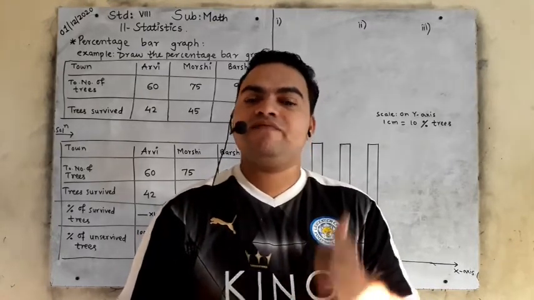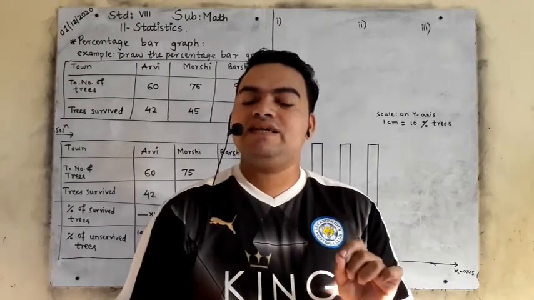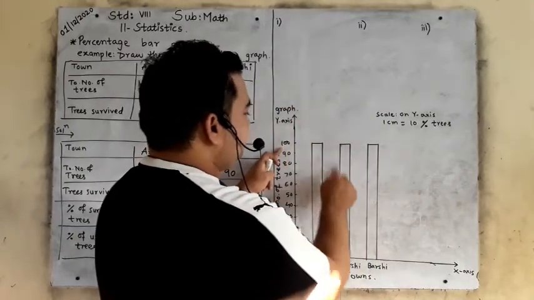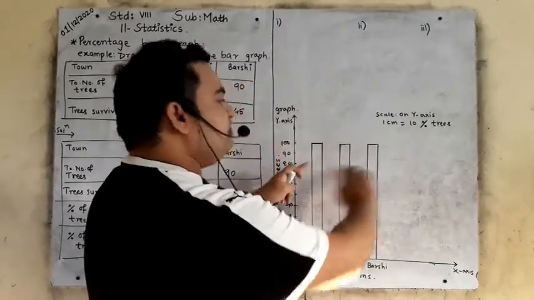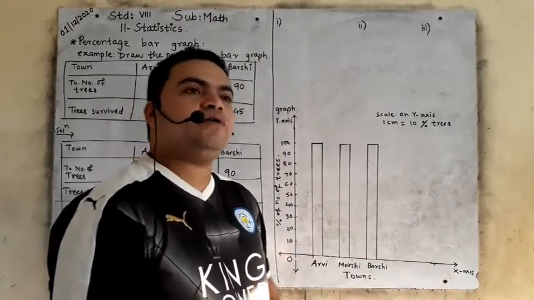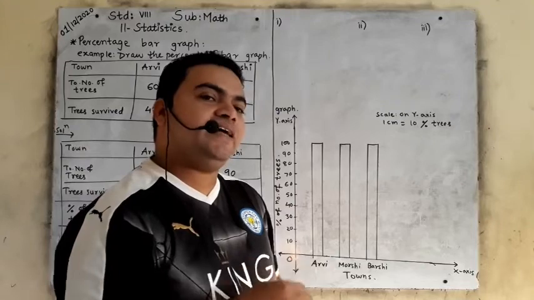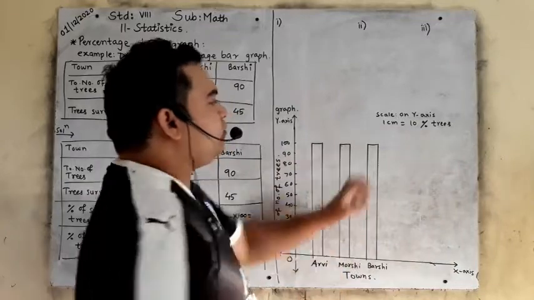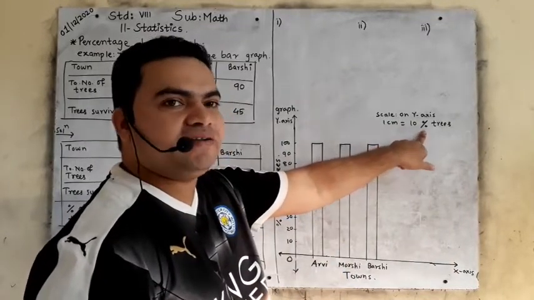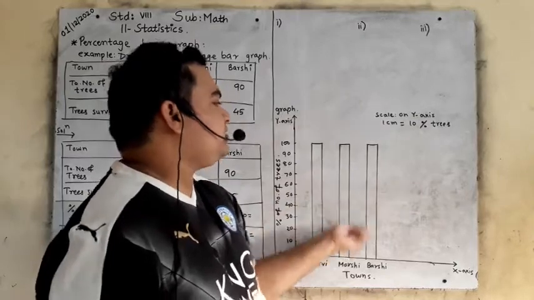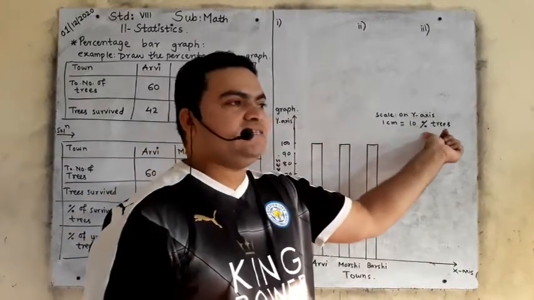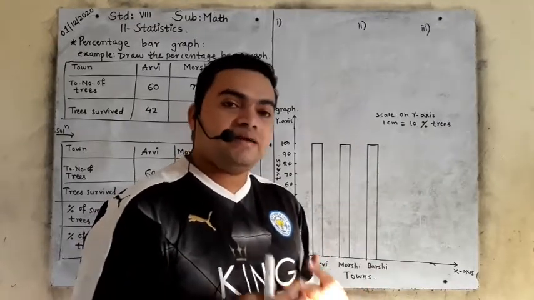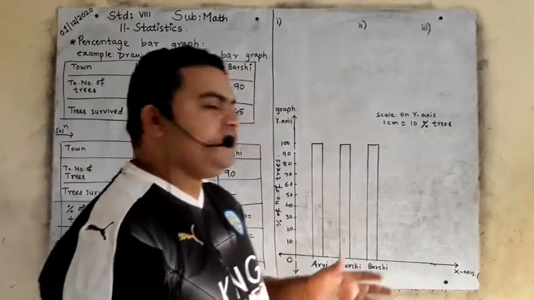In percentage bar graph, remember, we always take the percentage from 100. It means we should draw every bar till 100. Every bar 100. Why? Because we are drawing a percentage bar graph, and percentage we take out from 100 only. Therefore, we draw all the bars till 100, and you can see in the scale as well there is a symbol of percentage. So if you see all bars till 100 and a percentage symbol in the scale, you should quickly understand this is a percentage bar graph. Now see how to solve this.